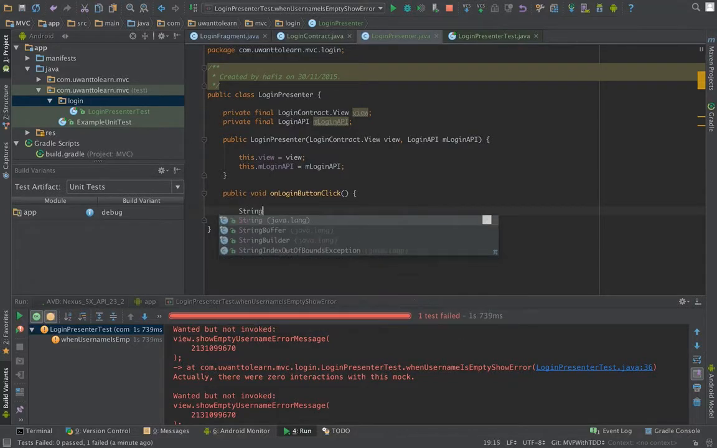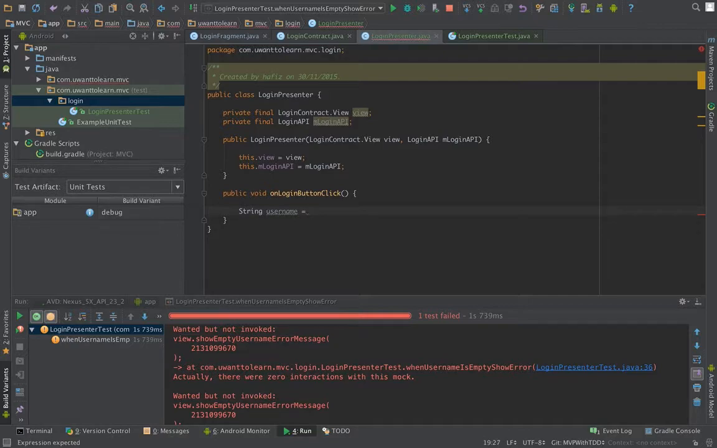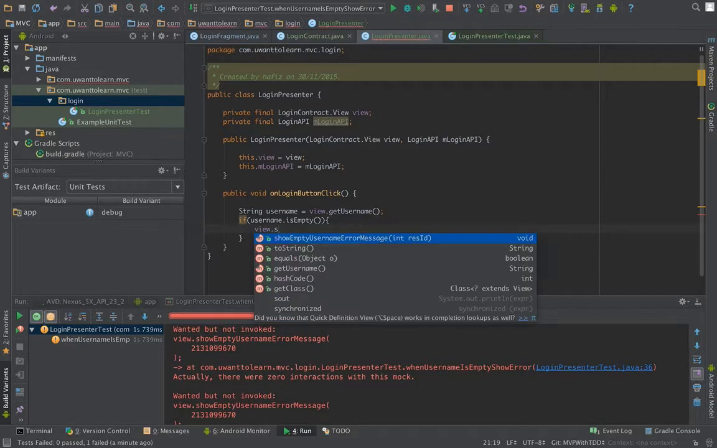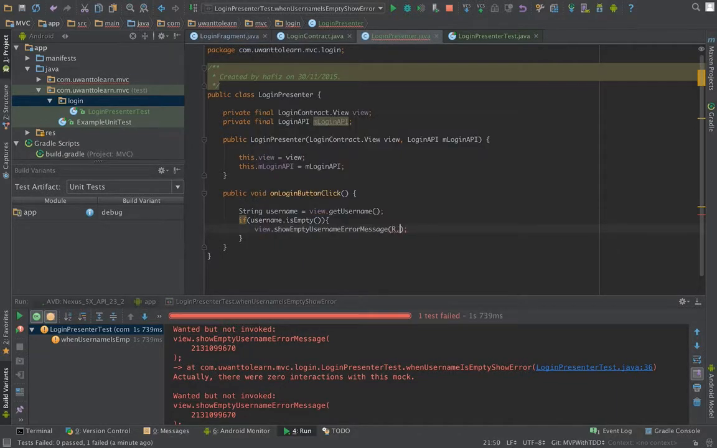So what I need to do, I need to get the username in our presenter. Now I am writing the presenter as test driven development. So I will take my view.getUsername. If username.isEmpty, then you can call view, tell the view showEmptyUsernameErrorMessage, R.string.emptyUsernameError, and return. Done. Now again I will run the unit test,